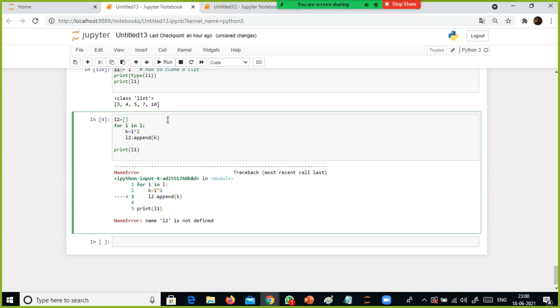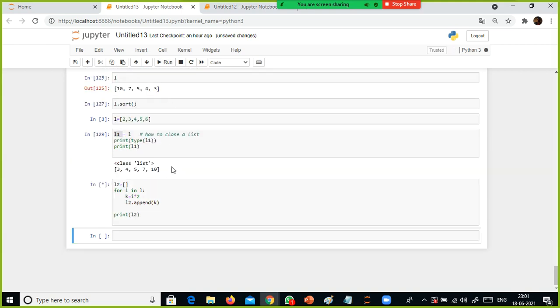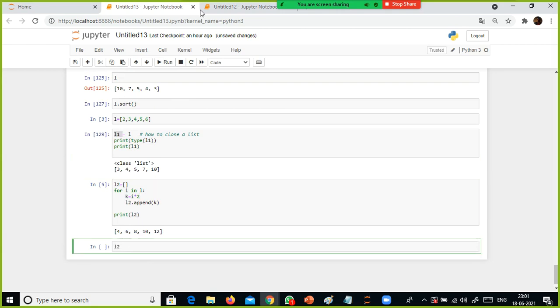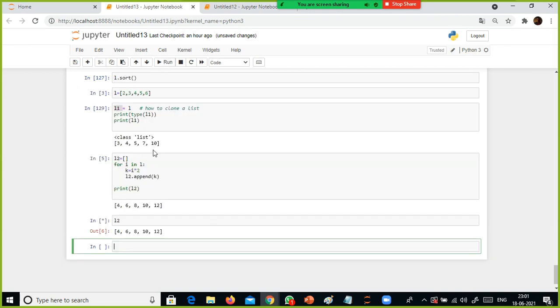On the right side of the equal sign, if you specify blank square brackets, that means you are assigning an empty list to this one. So L2 now became a list data type, and if I execute this one now, print L2. Here I have to use L2 here. See now what happened? Print L2. Once again I will print it here, L2, right? So L2 is holding the multiplied values of list L, right?